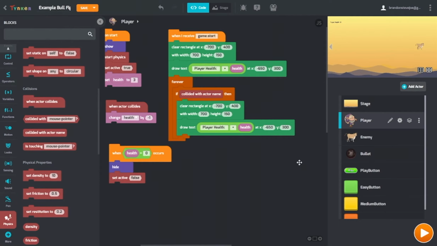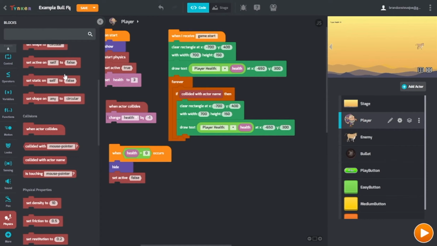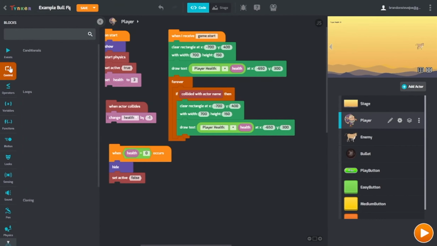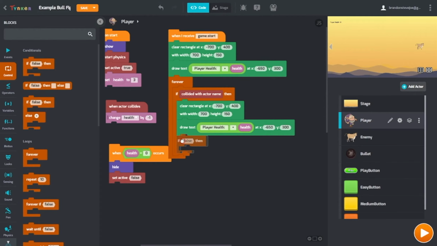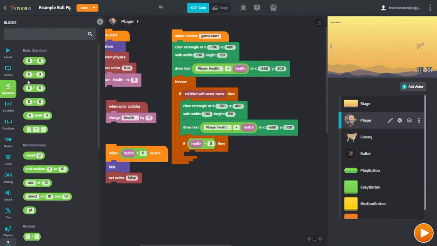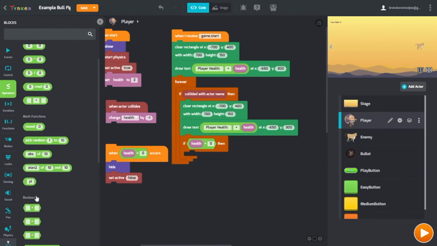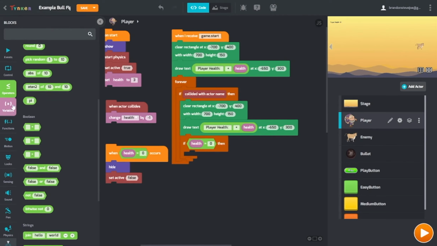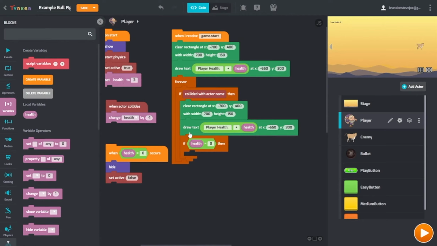So we can make another if statement. Let's go to control for an if statement. Let's shove it right here with the other one. So inside this other if statement, we can copy this actually. So copy, paste, or you can recreate it if you want. You can go back and it's in operators. You can grab the equals one. So right here, grab that one. Go to variables, grab health, and then type 0. So if the health is 0, let's change it to